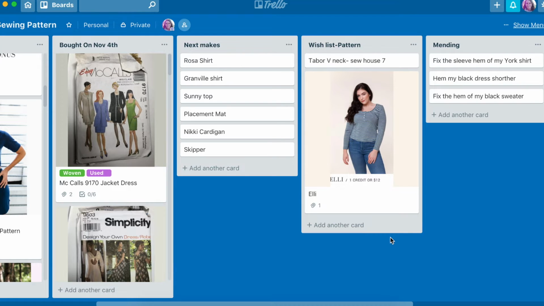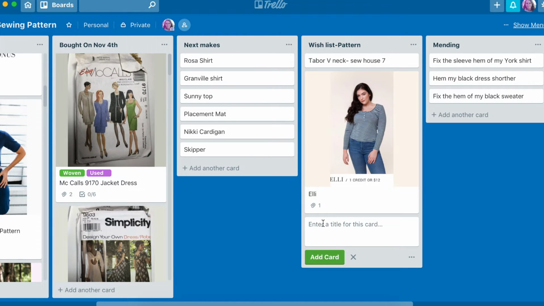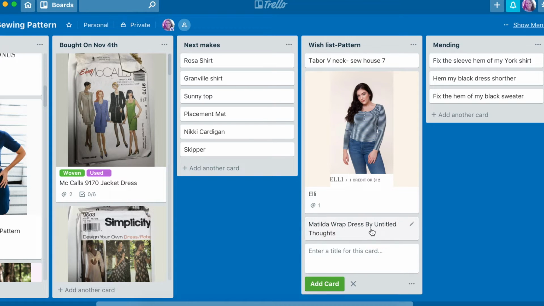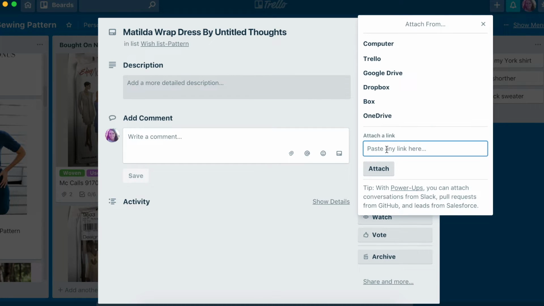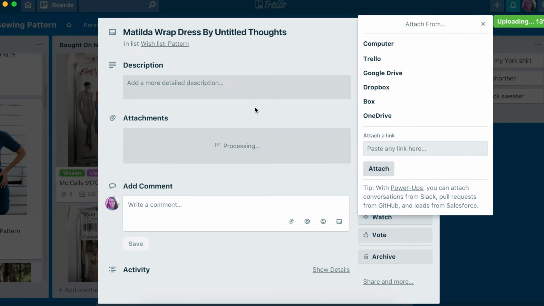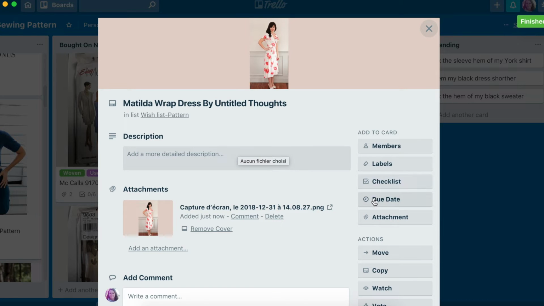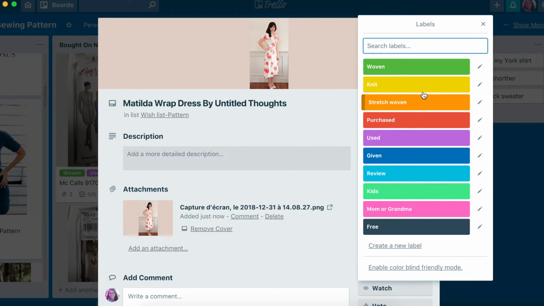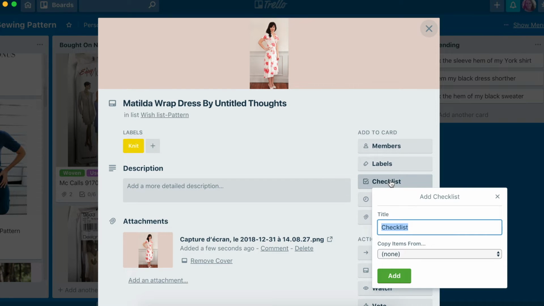So let's say I would just like to add another pattern to my wish list. I would click there and just type in Matilda wrap dress by Untitled Thoughts. And then I could just go in and attach the correct picture. In this case, it's not the correct picture, but it's just as an example. And then I could say, oh, I know this dress is a knit, and I know I could add the